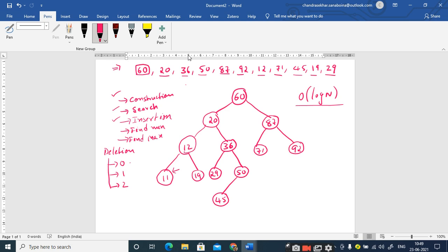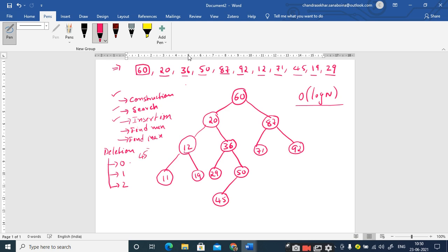For example, what is the name given to a node which does not have any child? Leaf node, sir. Leaf node, right? So the deletion of a node from the binary search tree with 0 children is nothing but deleting a leaf node. So let me take an example. Let us delete 45. Let me tell you the possibility of deleting 45. In order to perform the deletion operation, remember carefully, first of all you have to search for that node. You have to search whether that particular node is present or not.